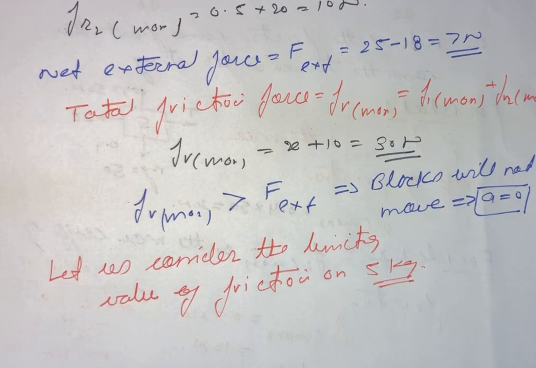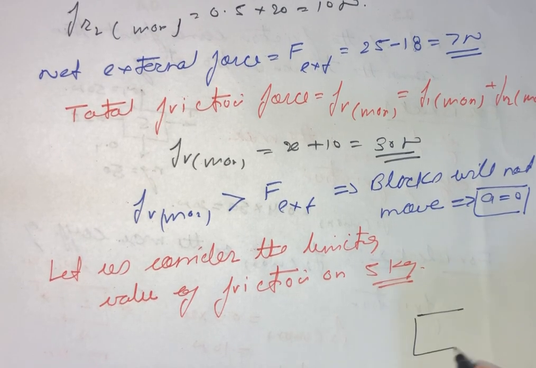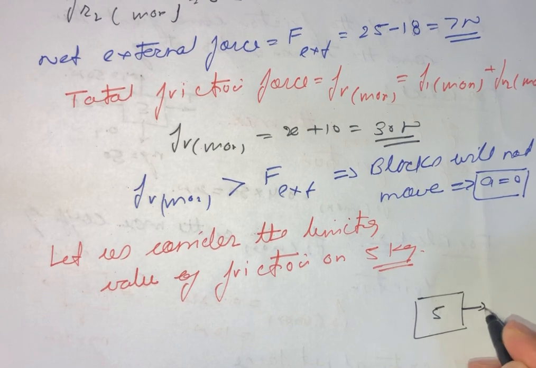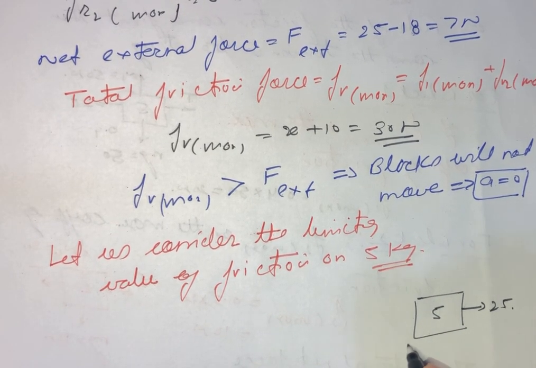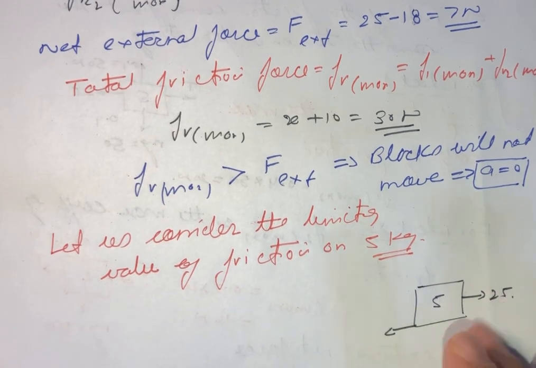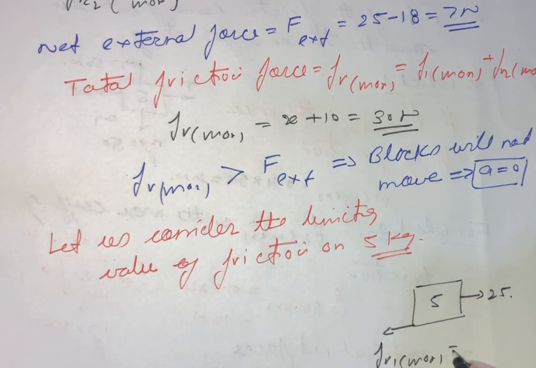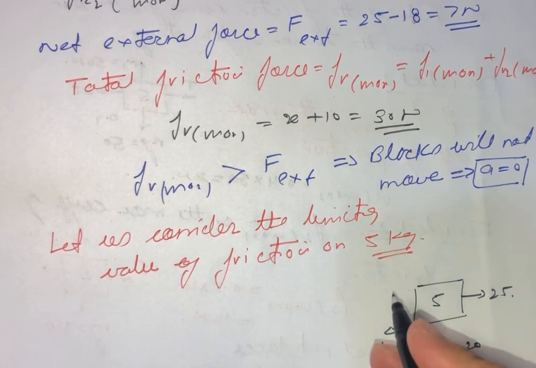Okay, so let us draw the block for 5 kg. This is 5 kg. We have a force of 25 Newton, and we have this as limiting value. It means this will be now Fr1 max, and Fr1 max is our 20 Newton,